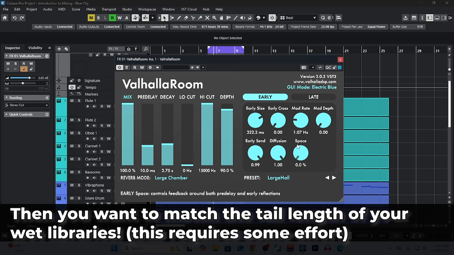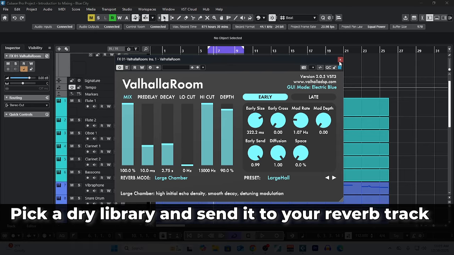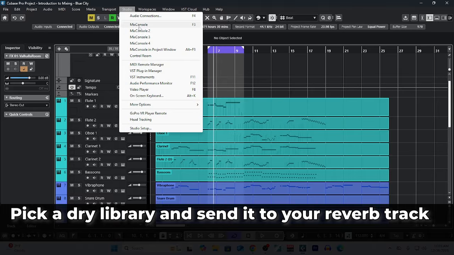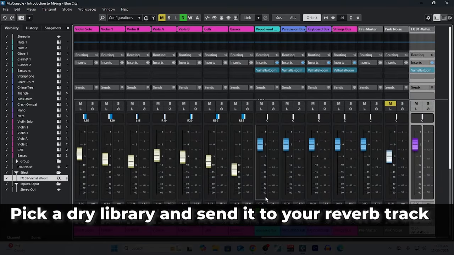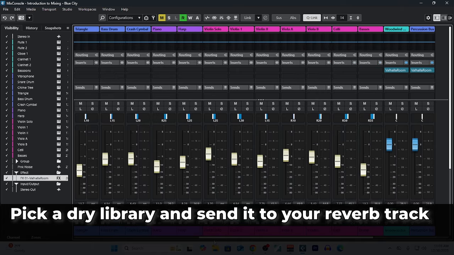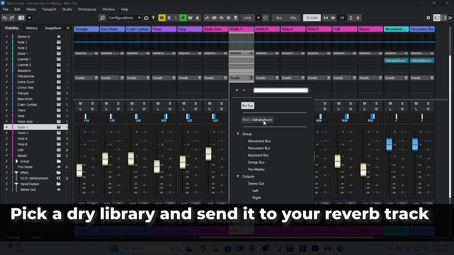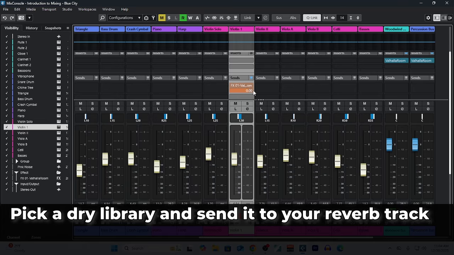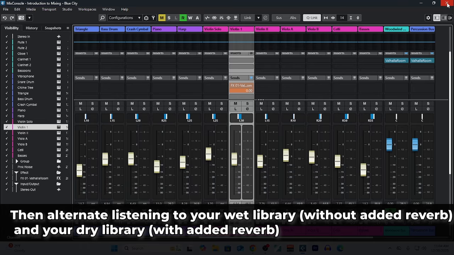Now, unfortunately, the only way to do this is trial and error. So what you would do is go to your mix console. You would find an example of your dry libraries, like Violin 1. You would go to the sends, and you would send your library to the new reverb. You would then use 2 MIDI tracks. You would take your wet library,